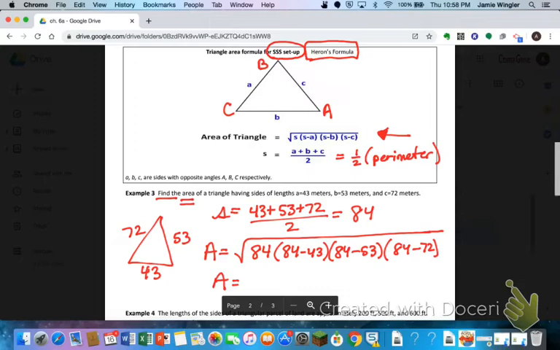When you do this, make sure if your calculator, when you hit your square root button, opens a parenthesis, don't close it after you type in the first 84. If your square root button puts a parenthesis right here, you won't close that parenthesis until the very end. So type it in exactly like you see it on this screen, and you should get for an area